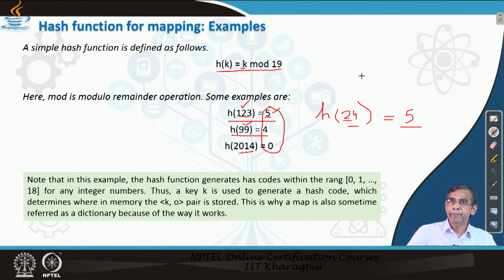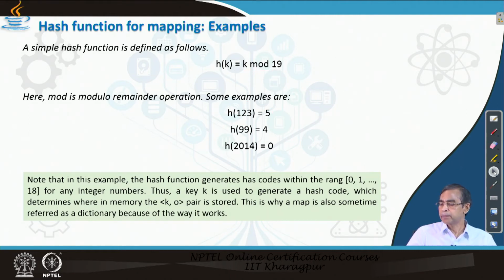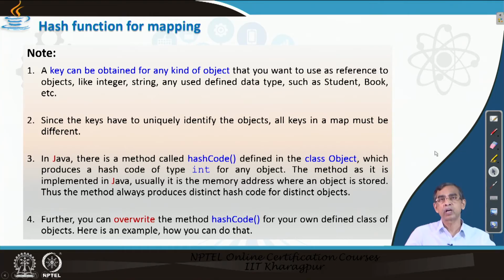So the hashing mapping or hashing function should be chosen in such a way that for every object, the memory location it returns is unique, and that is the only problem which needs to be handled very carefully. This is a very simple example, but this kind of example may not always work. So you have to take care about this kind of problem, and that is the only issue we have to think about: how this can be solved.